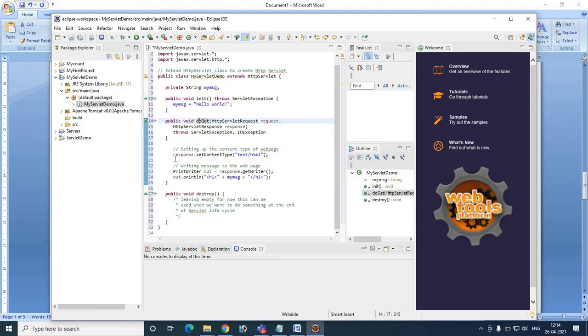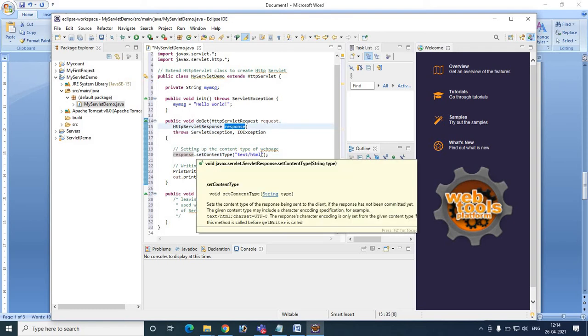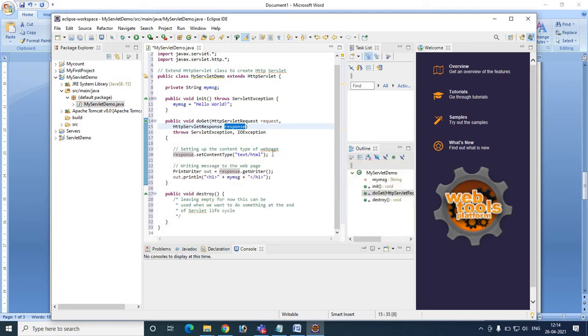After that we have the response object, response.setContentType("text/html"), which means that we are going to give the response to the client in the form of HTML itself. So we have to set the content type, which is of type text/html.